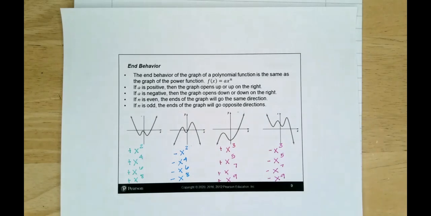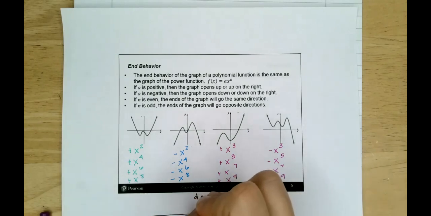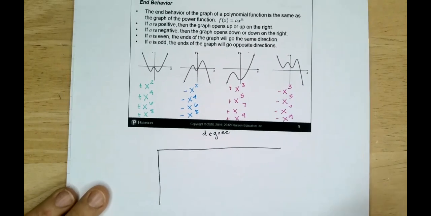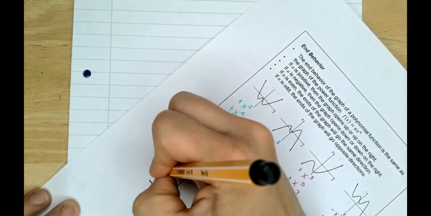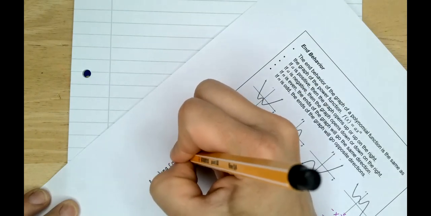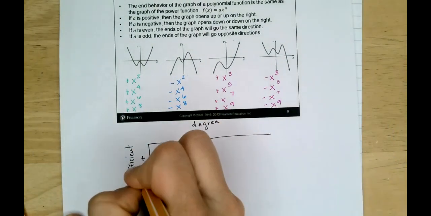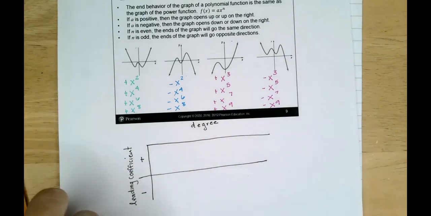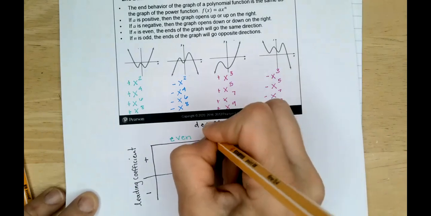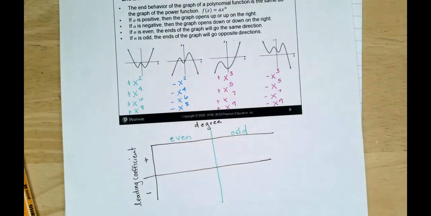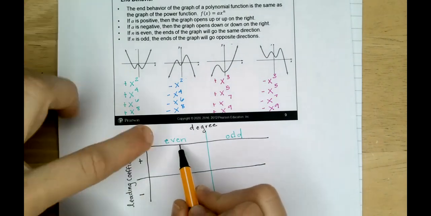Okay, there's also kind of like a table you can make. So here is my degree of my polynomial, and here is the positive or negative value of my leading coefficient. So if my leading coefficient is a positive number or a negative number, and then if my degree is even or odd numbered. Good? All right, so if I have a positive leading coefficient and an even degree,